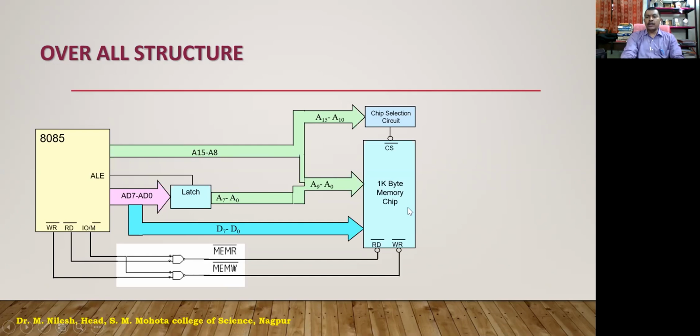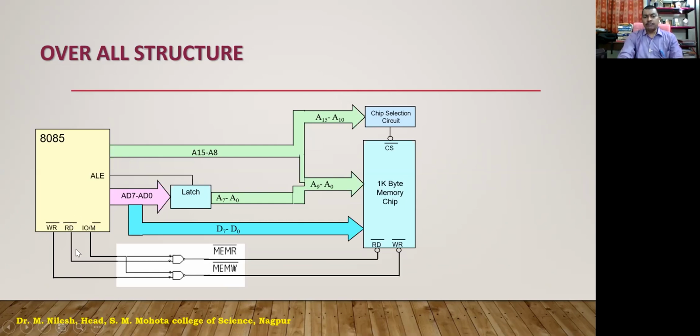They are going to communicate to this memory location, the memory ICs, and from there the data bus is going to take the data. While writing the data, this write terminal is going to be low. So whenever this write terminal is low, it implies that the 8085 is going to write the data in the memory location, right? Whereas whenever this read terminal is low,